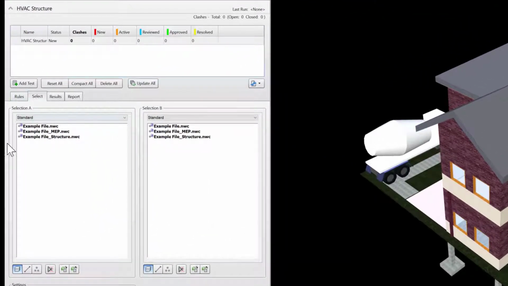Now, once you have created a test, you need to select elements. There is a selection A and a selection B, so there are two windows. Under each window, you can define certain rules. For instance, in selection A, we will be selecting one of the models. Let's say in selection A, we want to select MEP and we can expand it. We can go to different levels. So let's go to first floor,